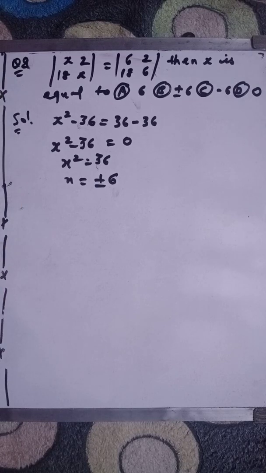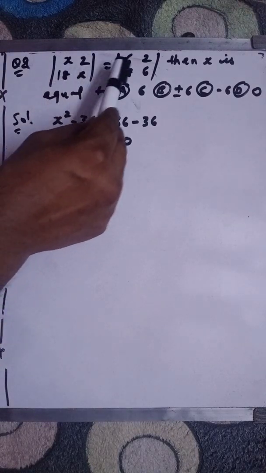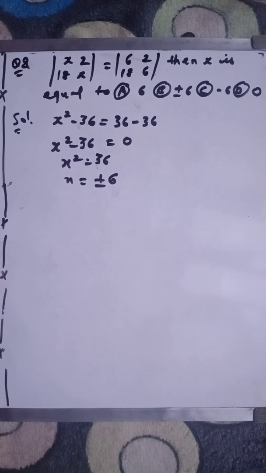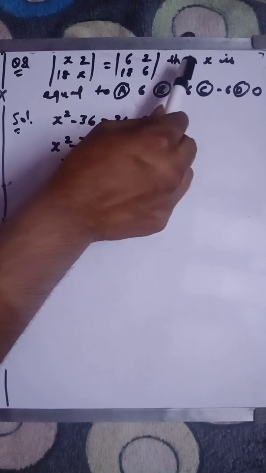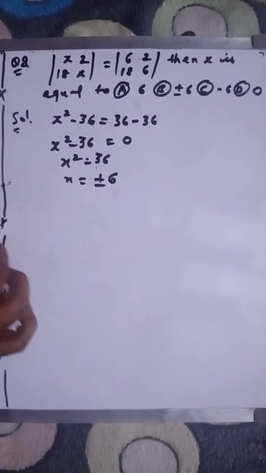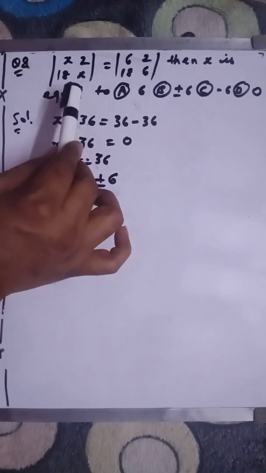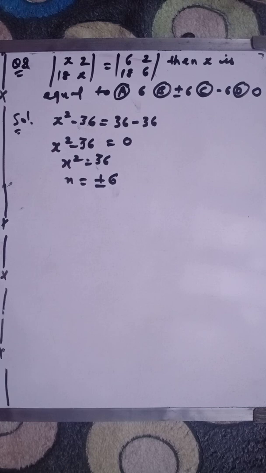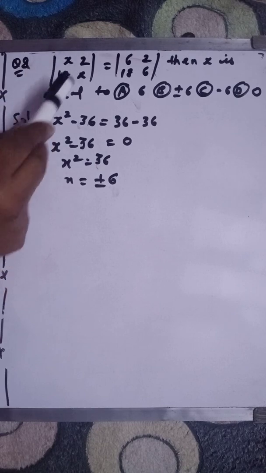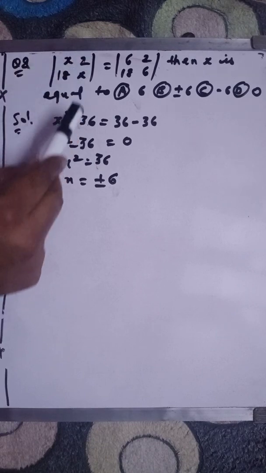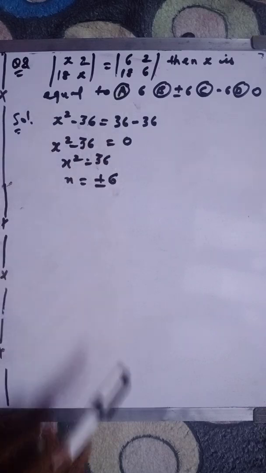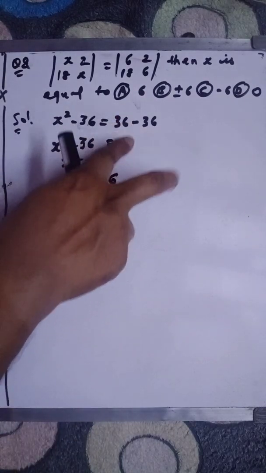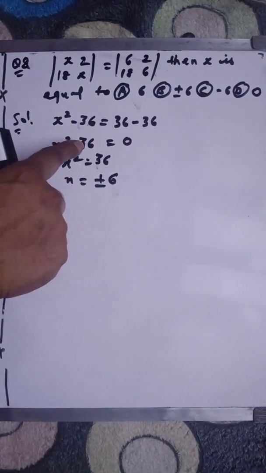See, here is question number 8. Here are two determinants which are given equal, and the question is we have to find out the value of x, and options A, B, C, D are given to us. So it's simple. You have to expand this and expand this. So I'm expanding this, x into x, that is x square minus 36, and after expanding this, you will get this. So here you are putting 0, it is x square minus 36.